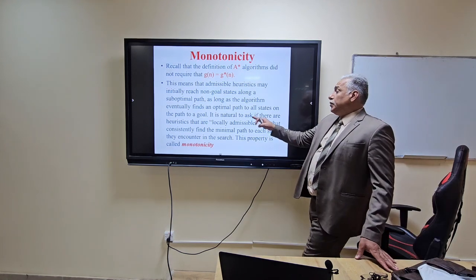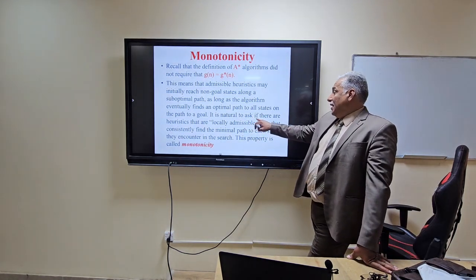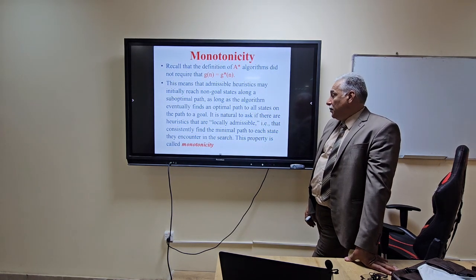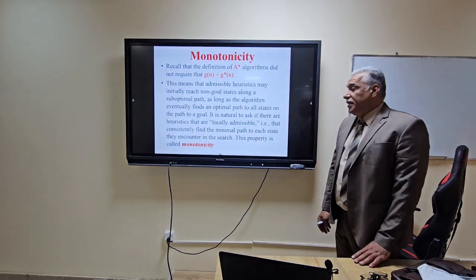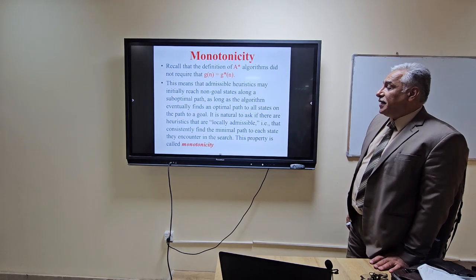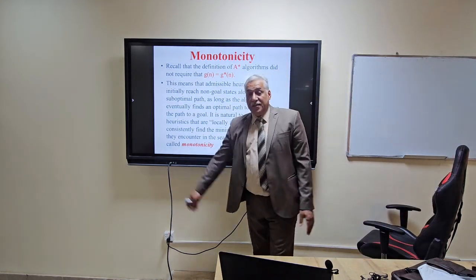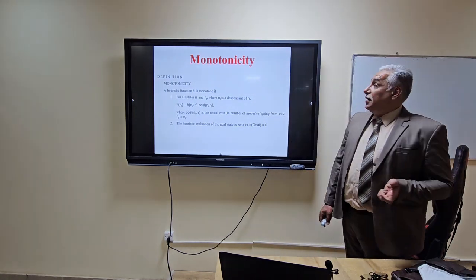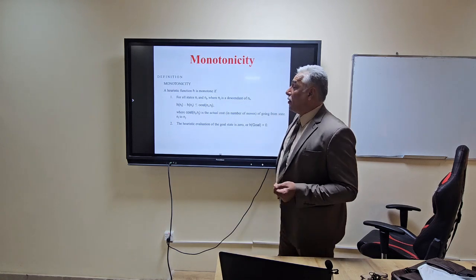It is natural to ask if there are heuristics that are locally admissible, that consequently find the minimal path to each state they encounter in search. This property is called monotonicity. Now the definition of monotonicity: a heuristic function h is monotone if